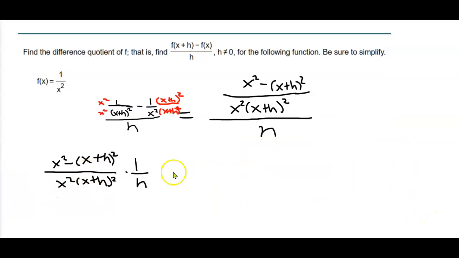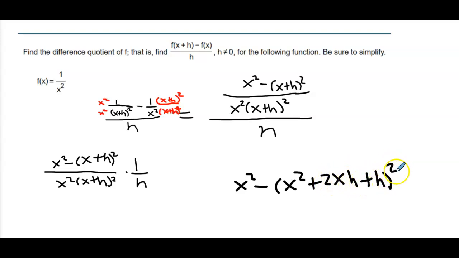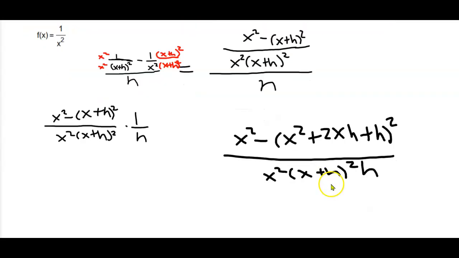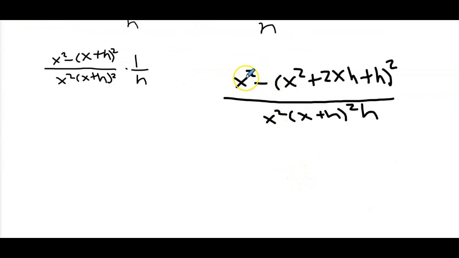Now, as far as getting it simplified, we can expand our binomial here if we're going to combine like terms. So we've got this x plus h being squared. So this is x squared minus, if we multiply x plus h times itself, we get x squared plus 2xh plus h squared. And then we're still over this common denominator that we had made earlier, with this factor of h here down below. All right, now we'll combine like terms. So if we look at this, we're going to have x squared and then a minus x squared, so that'll cancel. We've got a minus 2xh,